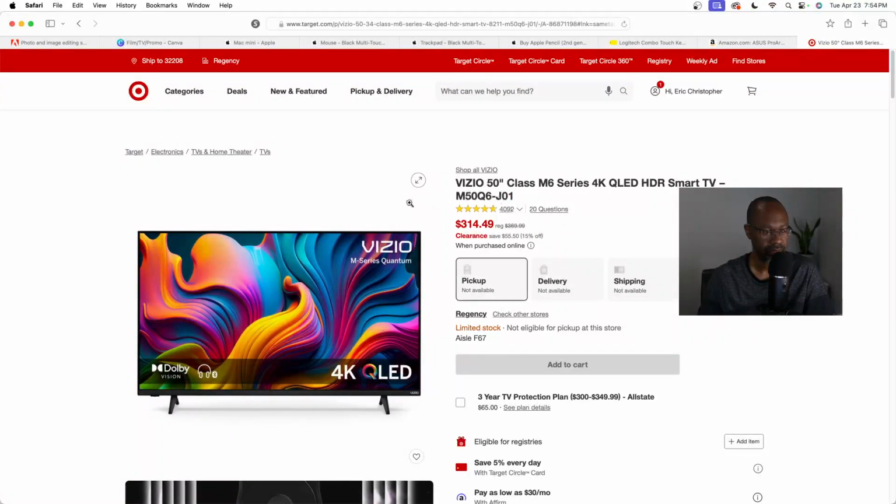This is not bad. 4K QLED, 314. That's pretty good. But then you have to be careful with the letters here because they have the M series, M6, and there can be a different number. So really look at the fine print of what you're getting. Some televisions are more towards gaming. Some lean more into picture quality. So yeah, just